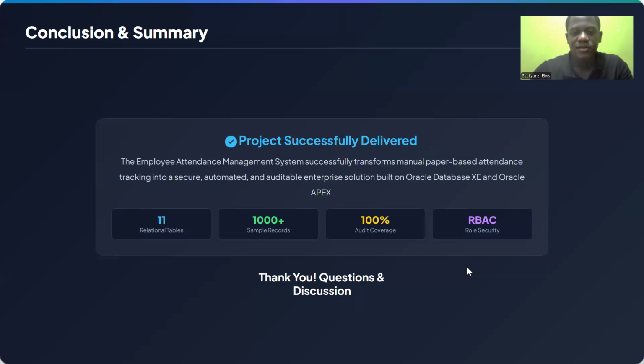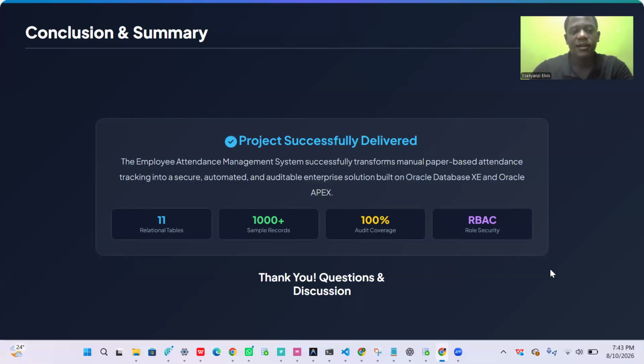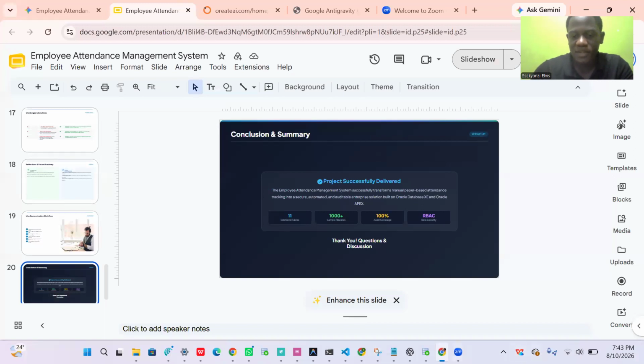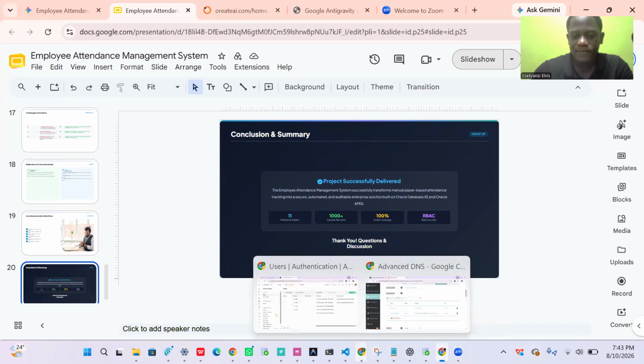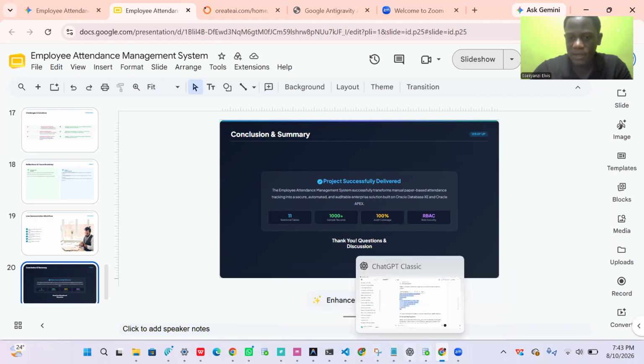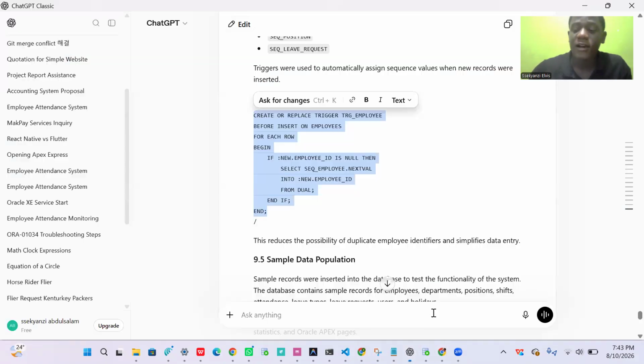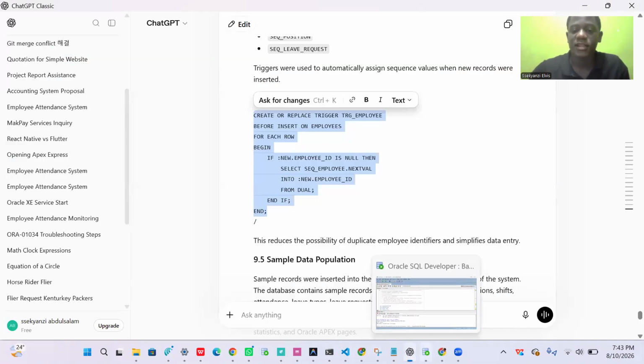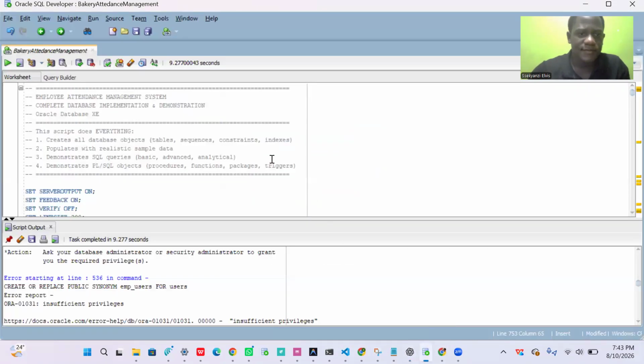So this is our conclusion. This is the project, and how it has been successfully concluded. Then for the demonstration of the SQL and all that, this is our demonstration.